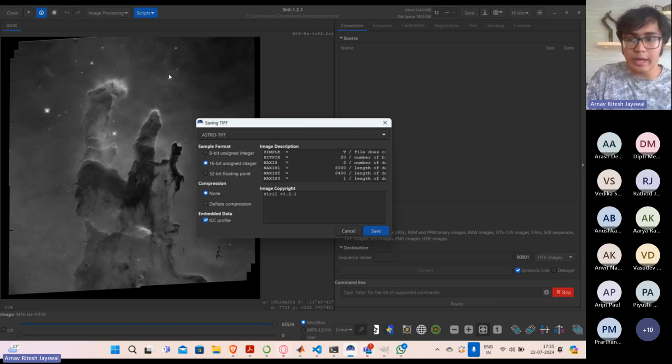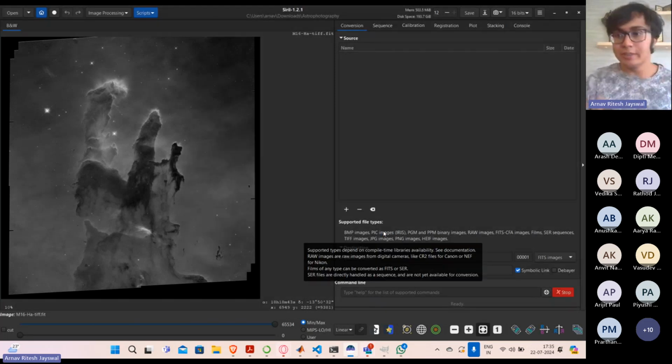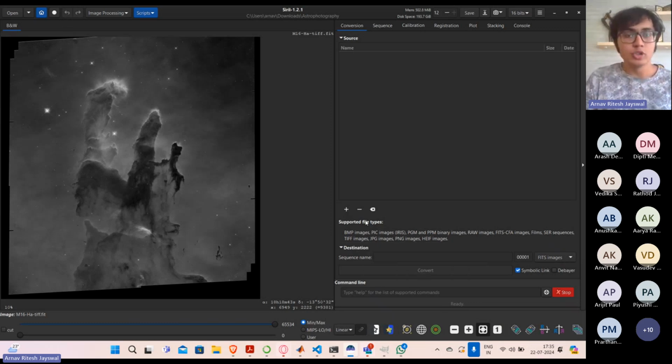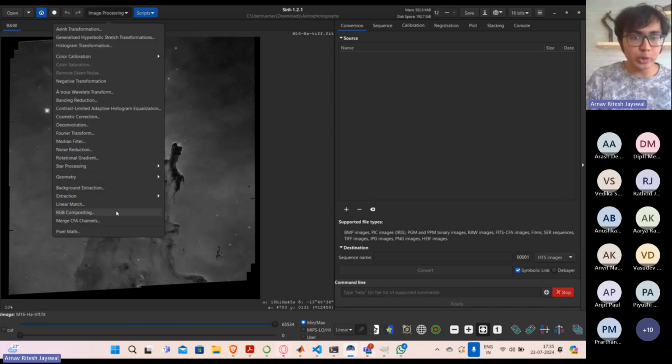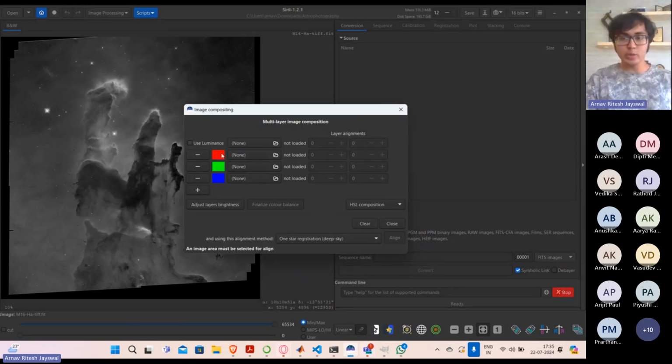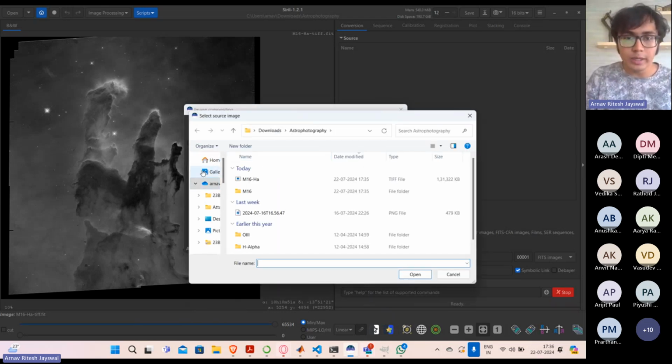Now that we have our three TIFF files, we can finally go ahead and apply color to them. There's a really nice way to do this on Siril. You go to image processing again, and there's a setting called RGB compositing. There you'll see different colors: red, green, blue. Let's recall our palette. R stands for the S2 in the Hubble palette, so you go here,